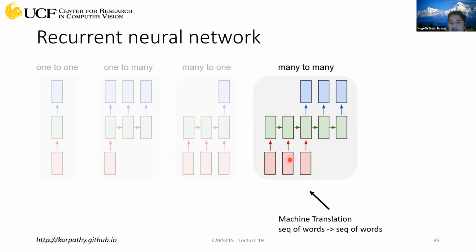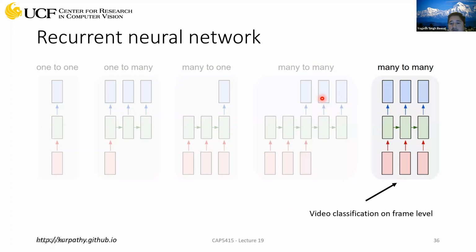And the reason you have input at these time steps, but you only start predicting from this time step, is because for machine translation or any such task, you first need to look at the complete sentence to make any sense and then start predicting. Okay, so that's the only reason why you have this kind of structure.